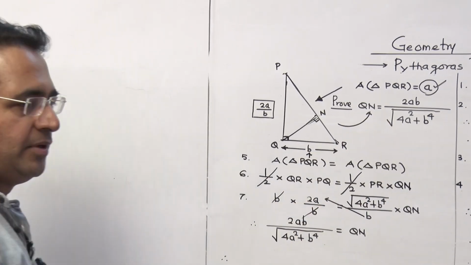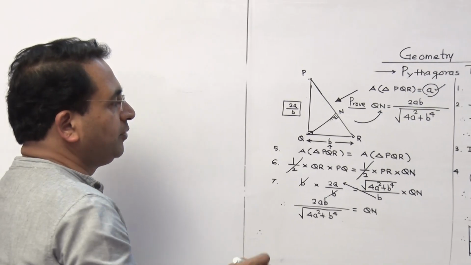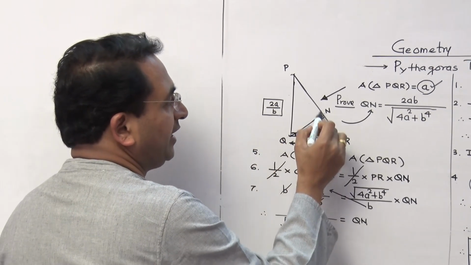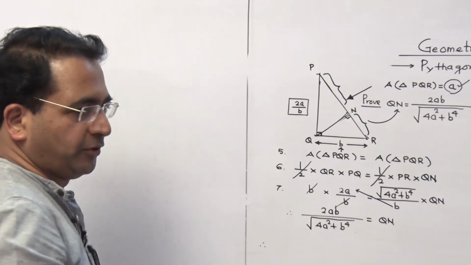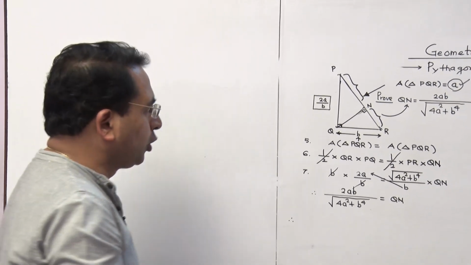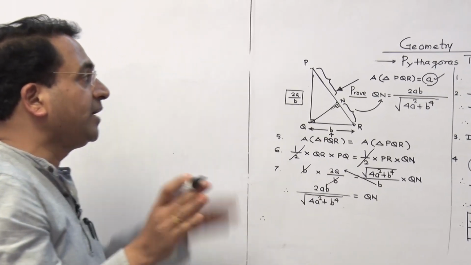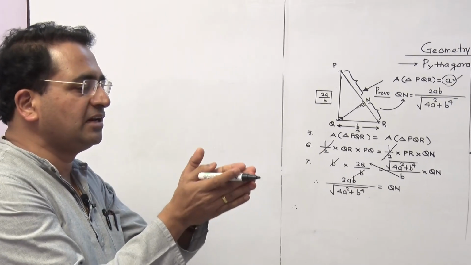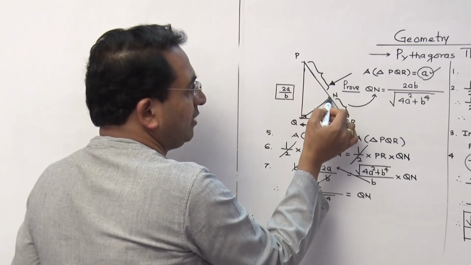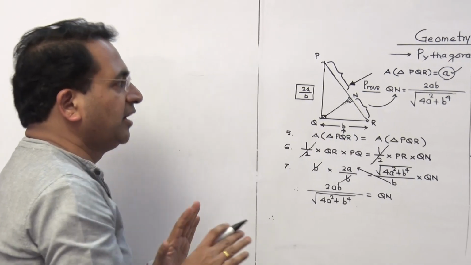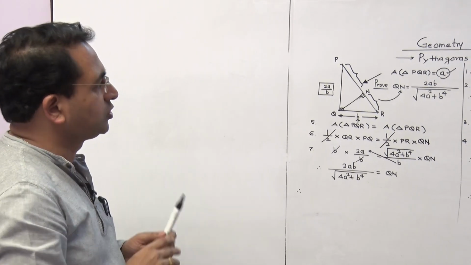Now somebody may ask me why QN is not considered with respect to geometric mean. Because they have not specified these lengths. Otherwise you would have used the geometric mean property, which we cannot use because we don't know PN and NR. We know PR, but we don't know where exactly N lies. What will be the distance of N from P? We don't know. That's why the geometric mean property will not be applicable here. I hope you have understood this.